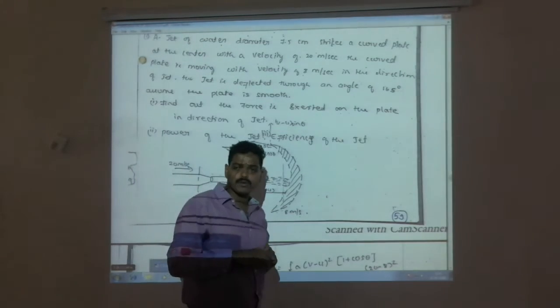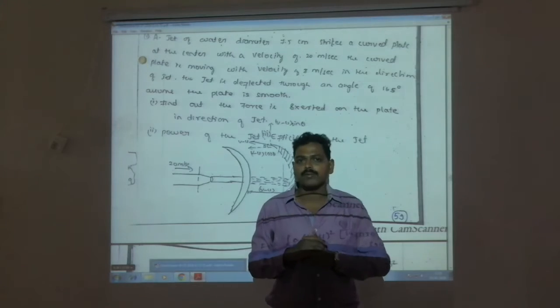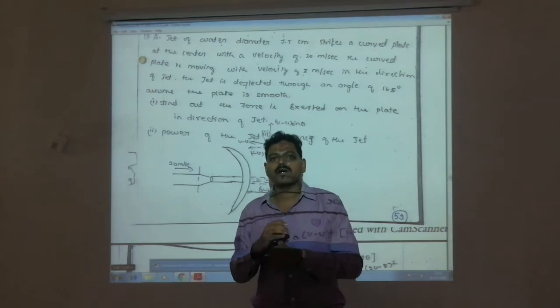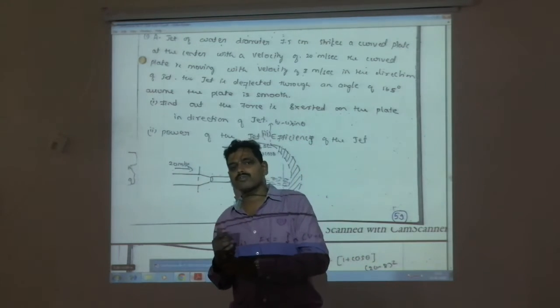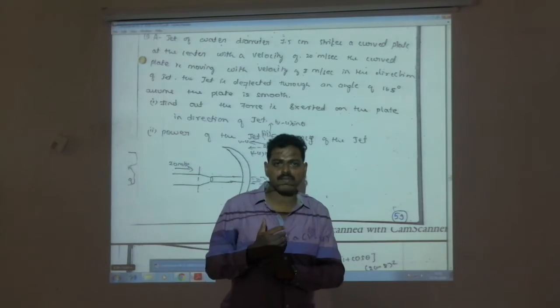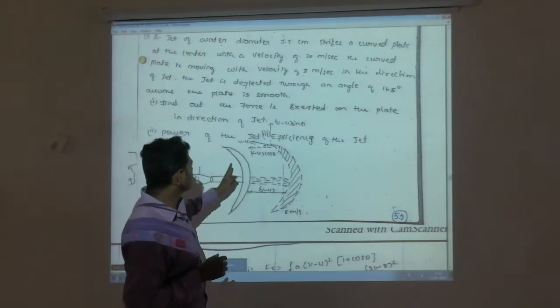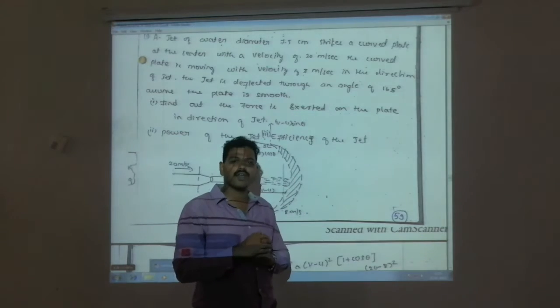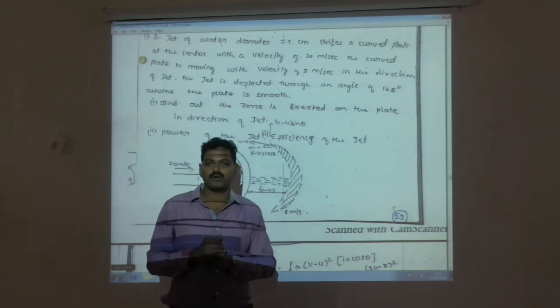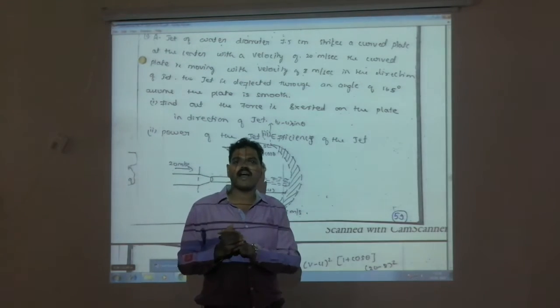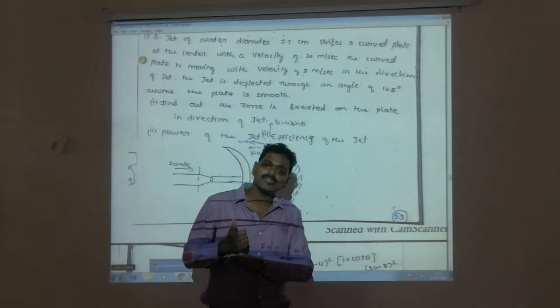They ask you to find out the power, but before finding out the power, we should find out the work done. So work done ಗೊತ್ತಿದ್ರೆ, then we can easily find out what will be the power, because the power will be work done by 1000. The next is efficiency. Efficiency ಅಂದ್ರೆ, it is the ratio of output by input. So what is output? Output will be the work done, and input will be the kinetic energy.